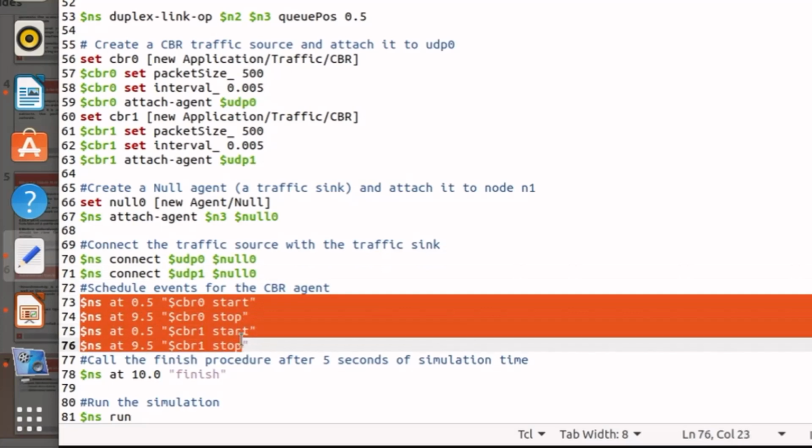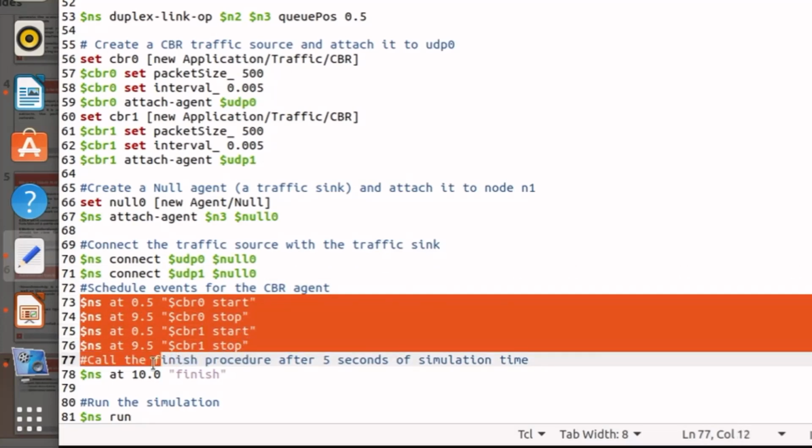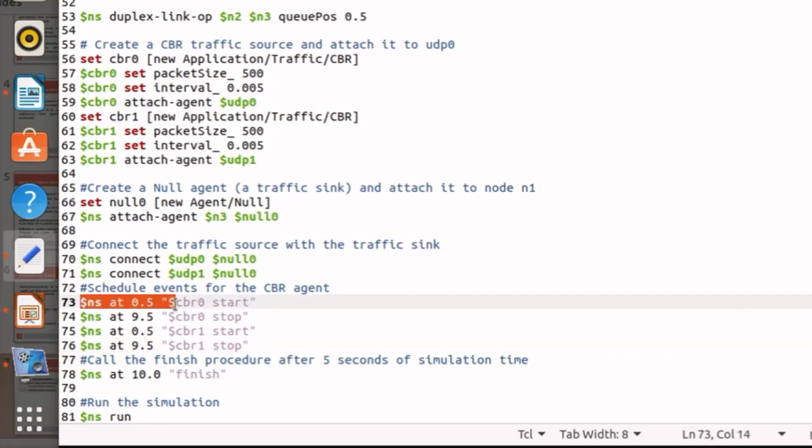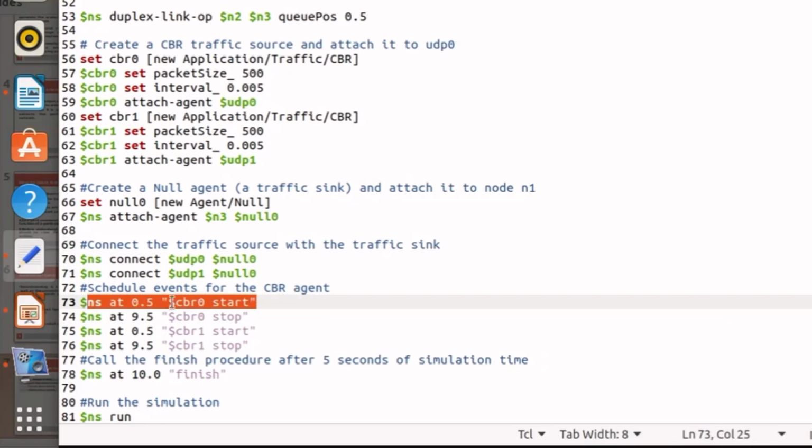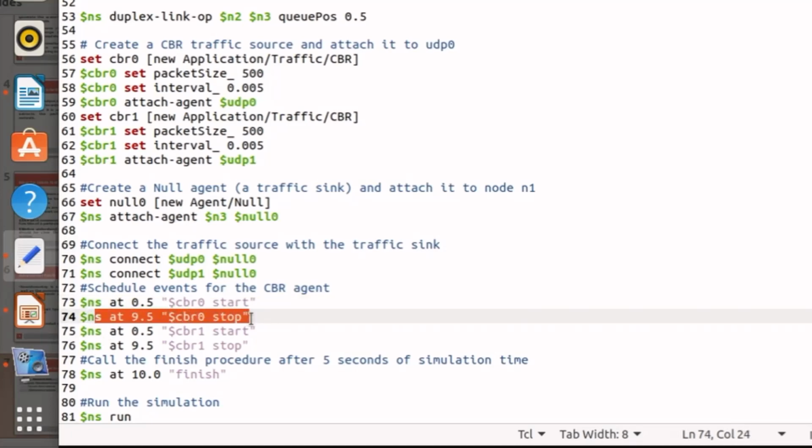But when we run the scenario, the CBR agents also we will have to start at some point. So these lines represent that. NS at 0.5, at 0.5 second, the CBR 0 will start transmitting the data. And at 9.5 second, it will stop the transmission of data.